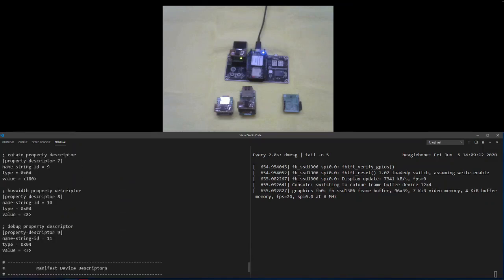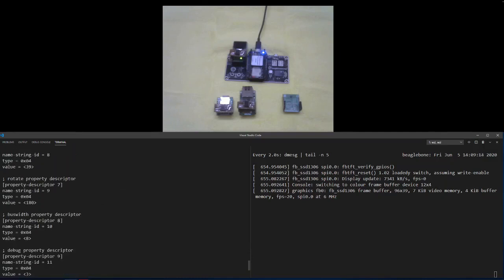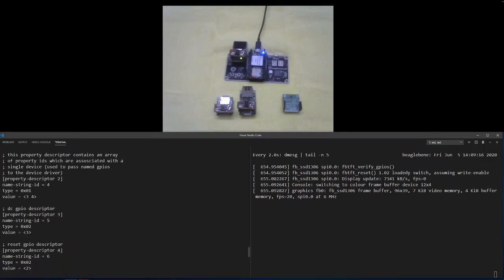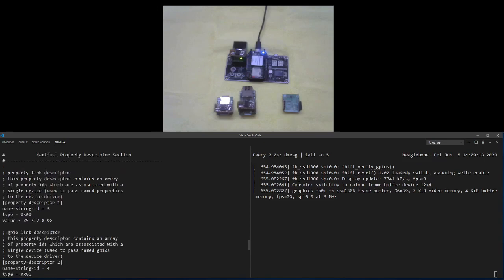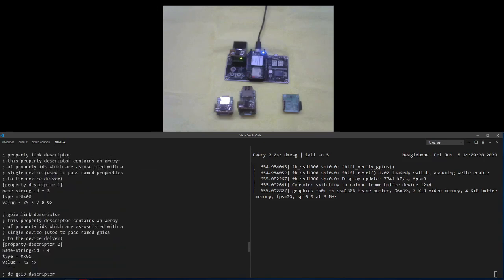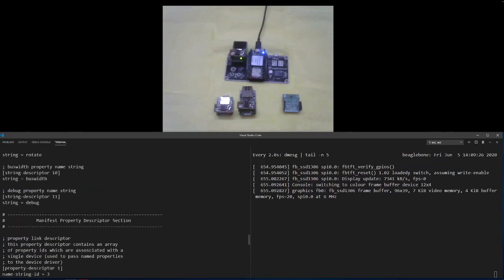Then we are attaching the 5, 6, 7, 8, 9 properties to the device through another property which has the property ID 1, and the named GPIOs are passed using a GPIO link which has the property ID 2. That's why the GPIO link number is 2.